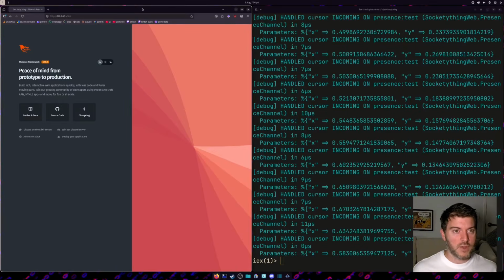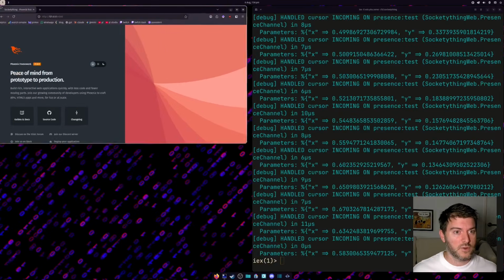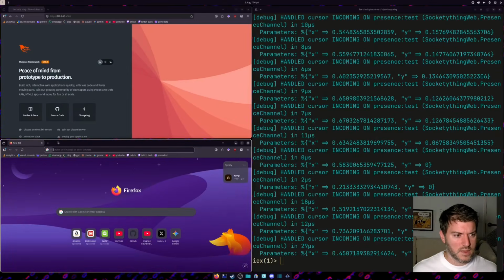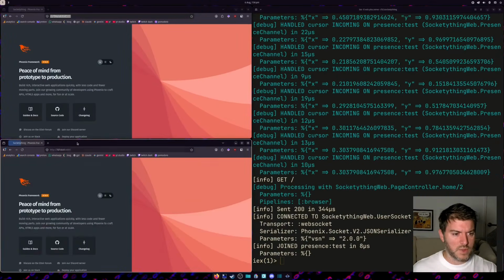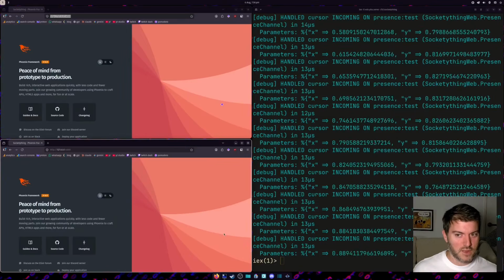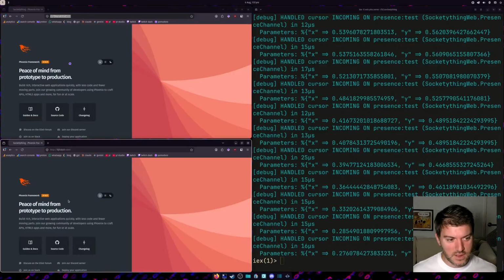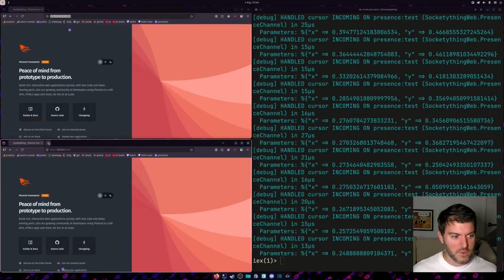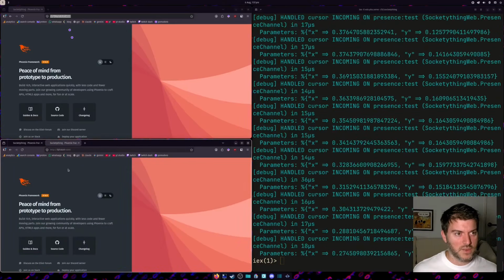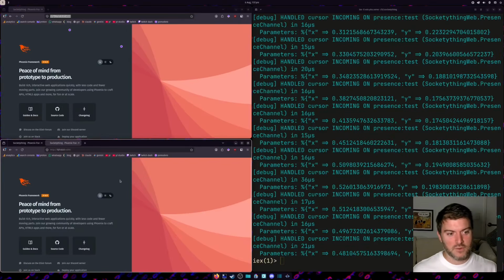Now, what happens if I was to open another tab? Let me just put this into the corner, make another tab, bring it down to the bottom. And we're going to go to the same page. Now, if I move my cursor around, we will see it also moves around at the top. And let's say I leave it somewhere and I make another tab. And then I move that tab, you see there's another one that appears. If I do another one,